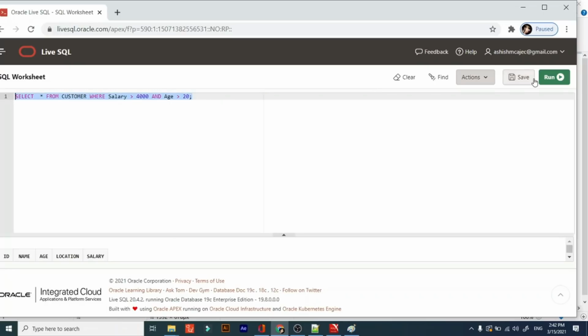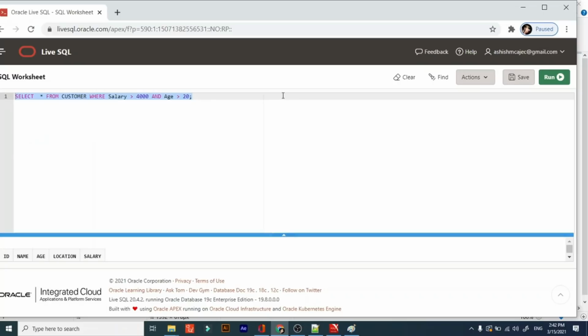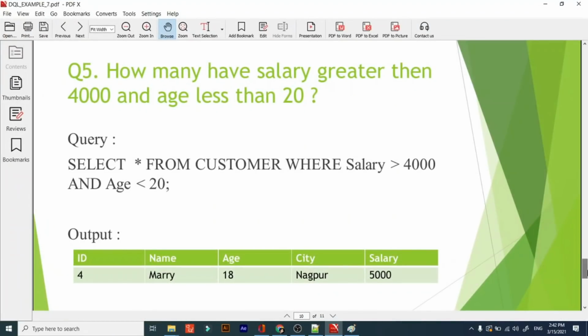If the first condition is false and the second is true, we will get the output. If the first is true and the second is true, we will get the output. If the first is false and the second is false, we will get false. So there is only one case where we don't get the output, where all the conditions are false. Otherwise, we will get the result in OR conditions. So remember these concepts. They are very important while putting an AND or an OR operator.